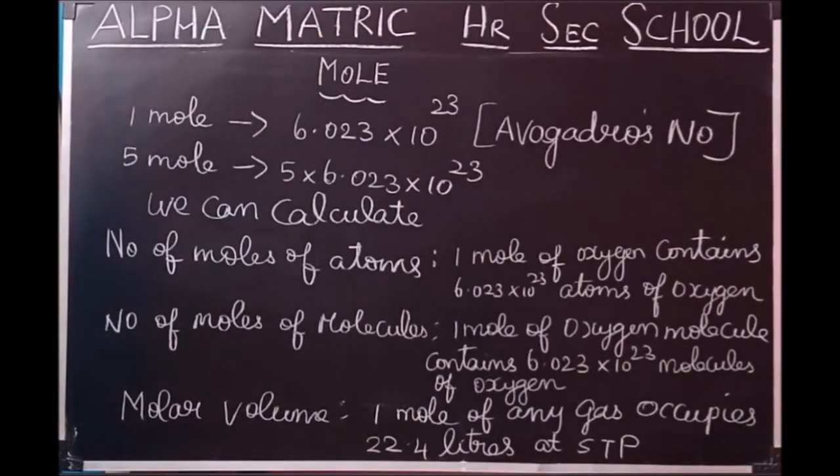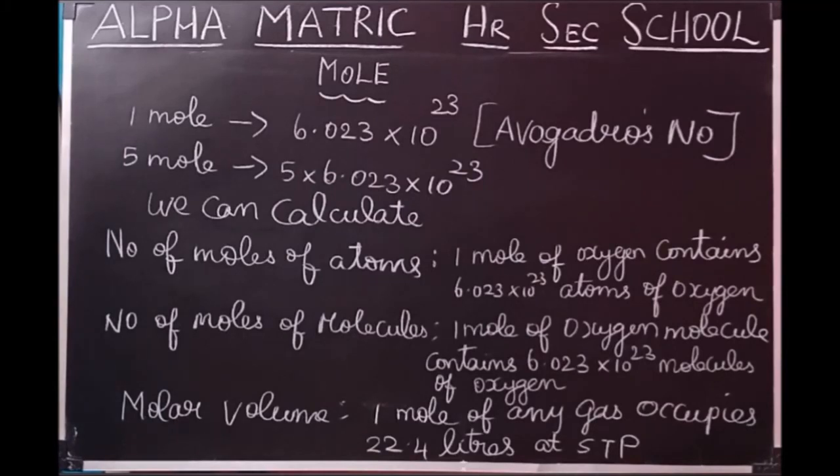When we go to a shop to buy things, we use standard values like 1 kg of sugar, 2 liters of oil, 1 dozen bananas. These standard values we use every day. But it is impossible to calculate the number of atoms, molecules, or particles by seeing. Chemists measure atoms and molecules in terms of mole.